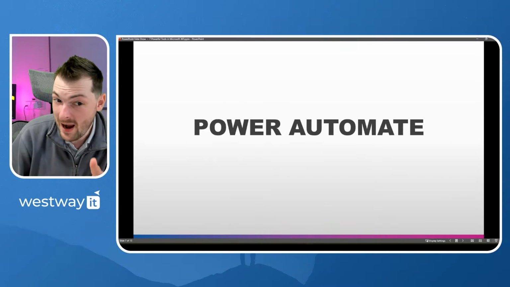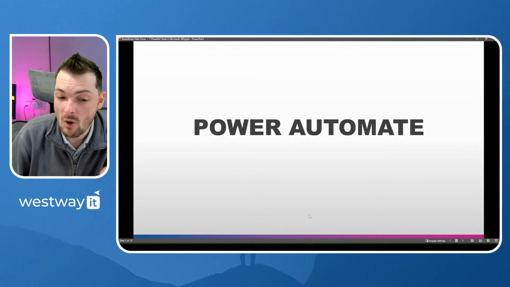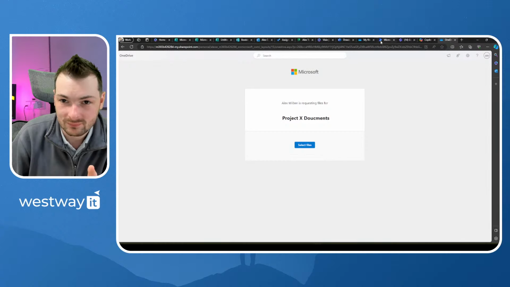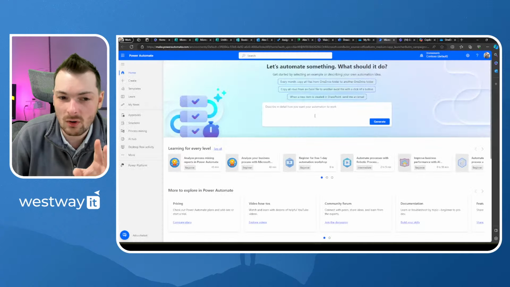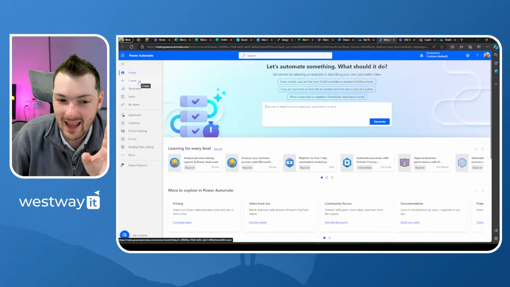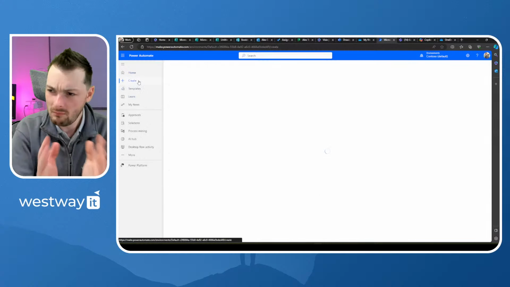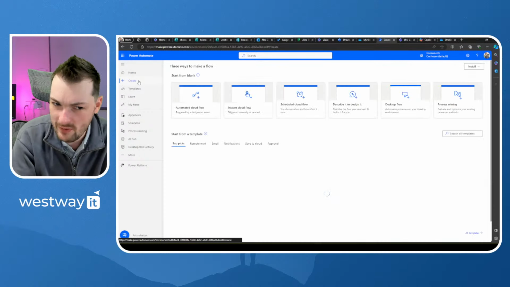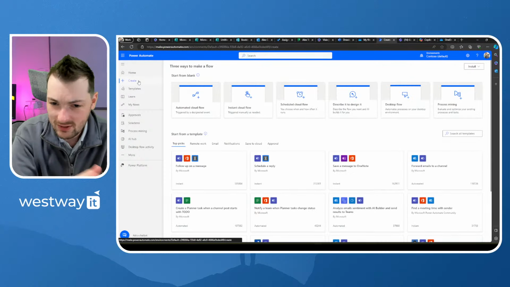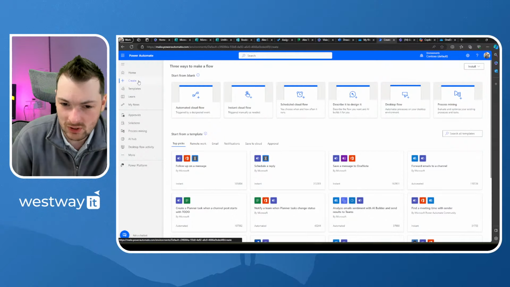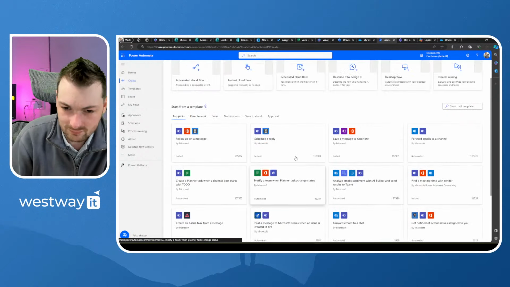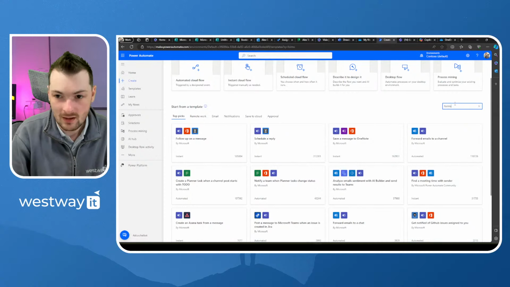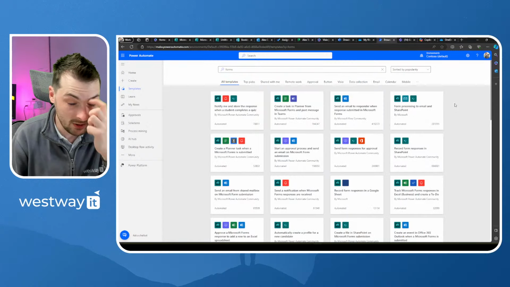Here's some of the real powerful stuff. Power Automate. With this, we can cause different things to happen. So earlier with Microsoft Forms, I mentioned we could use Power Automate to do more with it. You can see various examples here, and these are ones that are quite easy to set up. If I type in forms to the search,